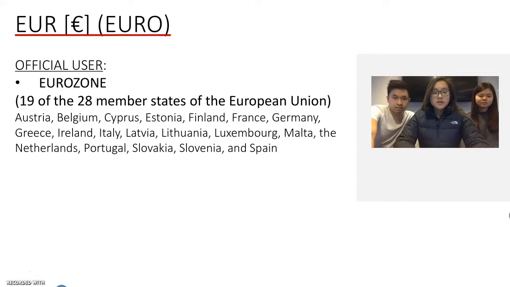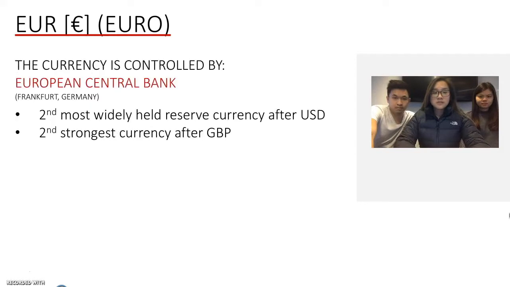The euro's official user is within the Eurozone. There are 19 of the 28 member states of the European Union who use this currency. The currency is controlled by the European Central Bank. It is considered the second most widely held reserve currency after the US dollar and the second strongest currency after